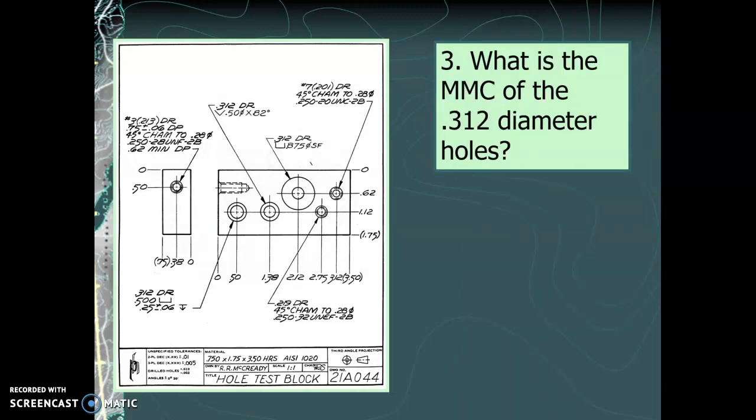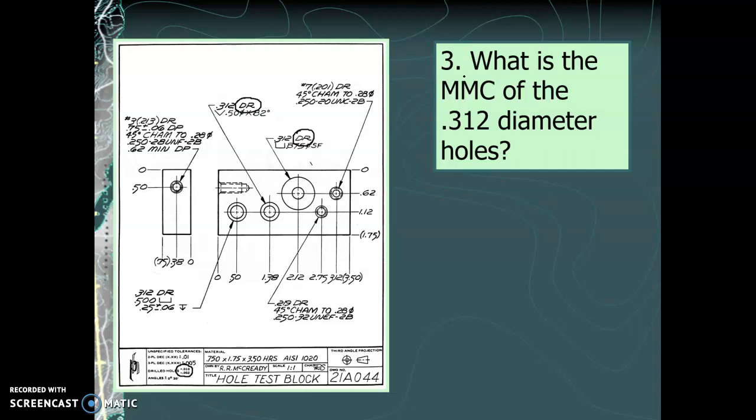What is the MMC of the 0.312 diameter holes? Okay, well, first of all, we have to find the 0.312 diameter holes. There's one. There's one. Okay, it looks like it's just these two. And they are both drilled. They both have this drilled abbreviation, which means when we refer to the title block to look for tolerances, even though they're both 3 decimal place dimensions, we instead need to look at the specific tolerances for drilled holes, and that's going to be plus 0.01 minus